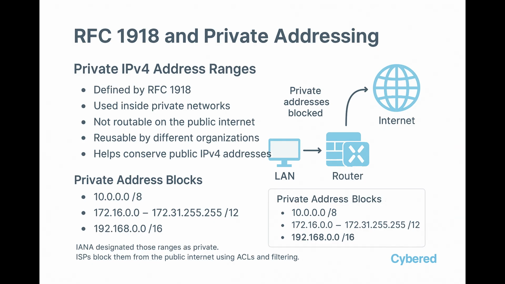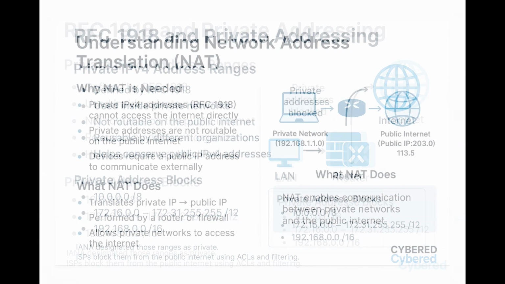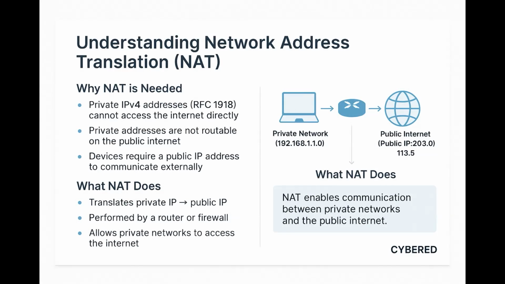Since private IPv4 addresses cannot be routed on the internet, how do internal devices access external resources? This is where NAT comes in, enabling private devices to communicate with the public internet. Devices using private IPv4 addresses cannot communicate directly on the internet. To access external networks, they rely on network address translation. NAT allows a router to translate a private IP address into a public IP address, enabling communication between private and